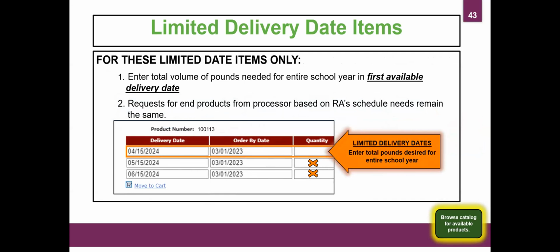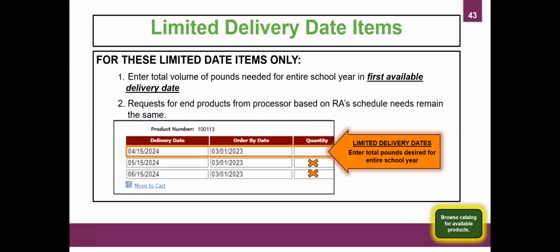And you guys, this is tied to procurement with USDA. So it doesn't mean, as I said before, that you're not going to get your chicken till April. You're still going to get your chicken. Don't worry. It's going to be there. It's going to go to your processor and you will be able to order it at the beginning of the 24-25 school year. But for some reason, it's the way WebSCM is built, and there are specific items based on the procurement process with USDA, whereby you will see these different date ranges. So there's also a one-pager on the transition page that speaks to the processing requisitions exceptions, which is what these are.